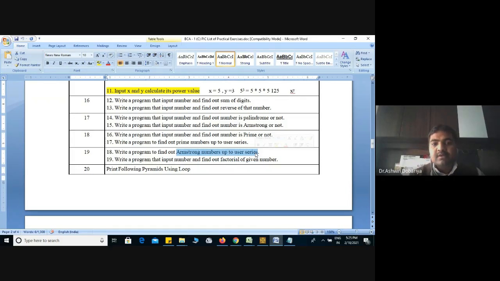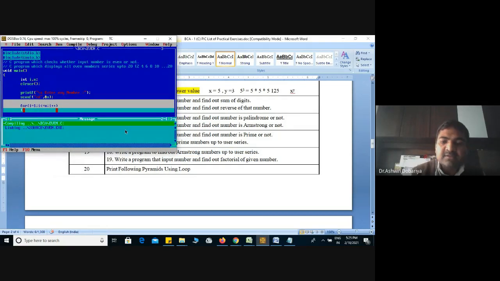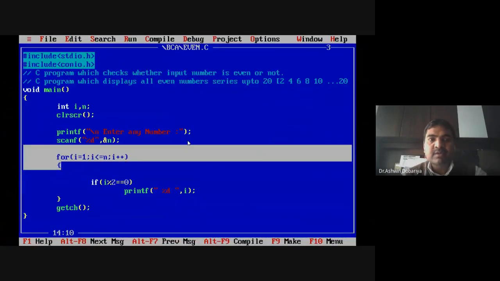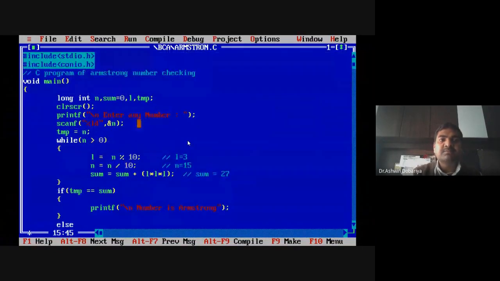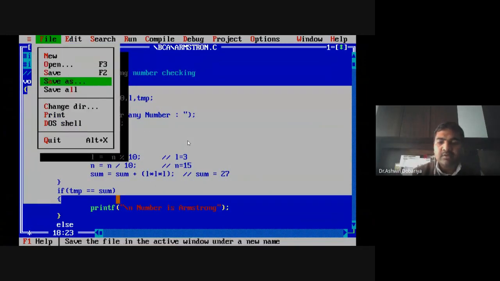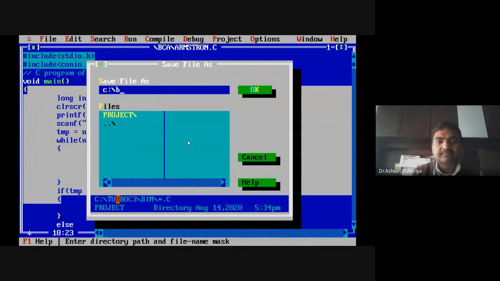right? Then can you tell me where I have to make the changes in this program, in our Armstrong program? This is the program which will check whether the input number is Armstrong or not. Now I am creating a copy of this, Series dot.